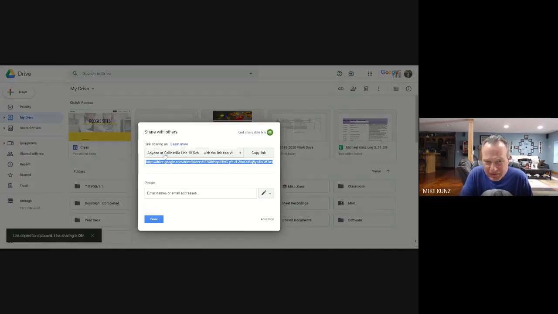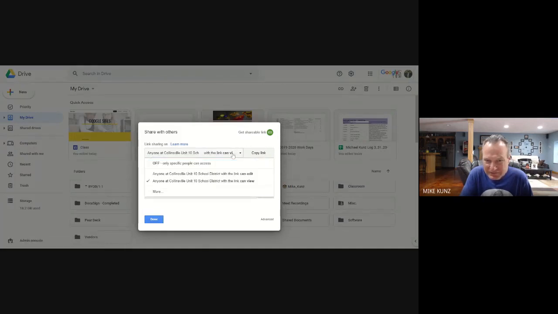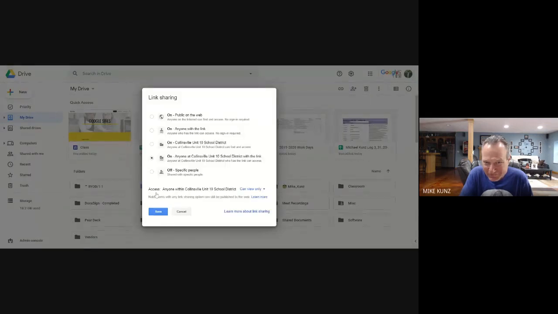Then under here, where it says anyone at Collinsville Unit School District, click the drop down, then click more, and then choose public on the web. No one has to sign in or anything then. Then when I choose save,